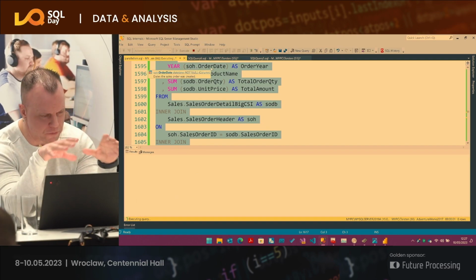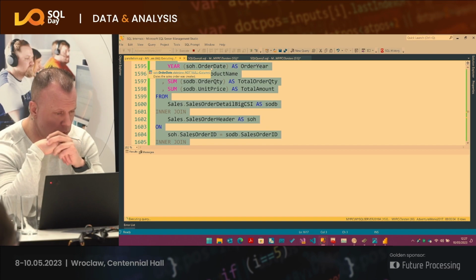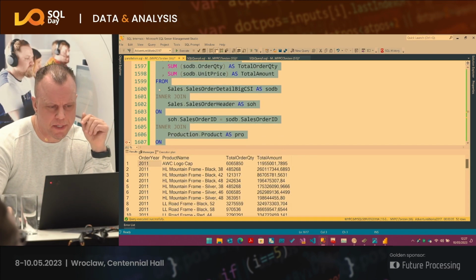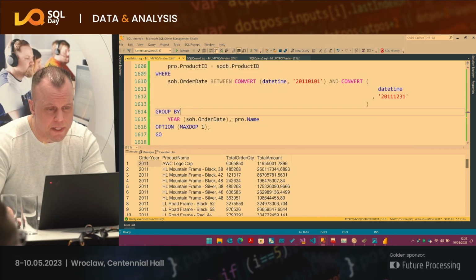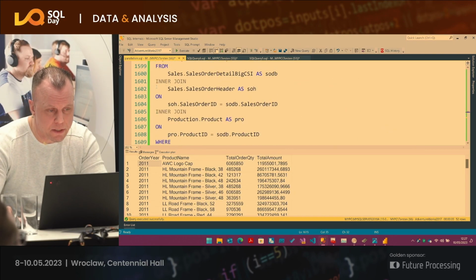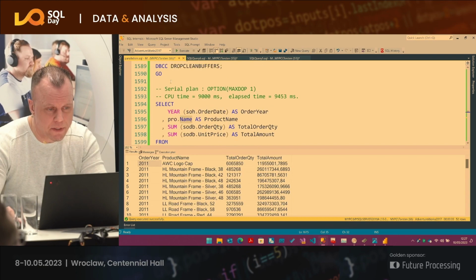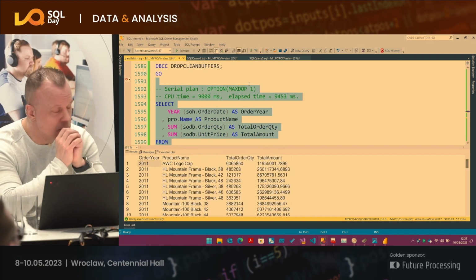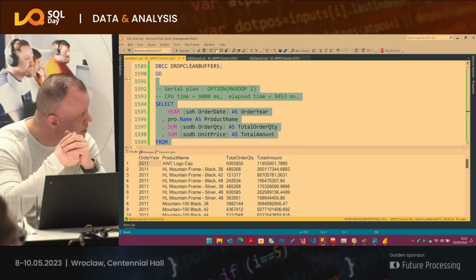So I asked SQL Server to run this with one single thread. It will take roughly, I don't know, 5 up to 6 seconds. But we are dealing with much, much more data than in an OLTP system. So let me execute the same query, not limited by the CPU, and it is there almost immediately,